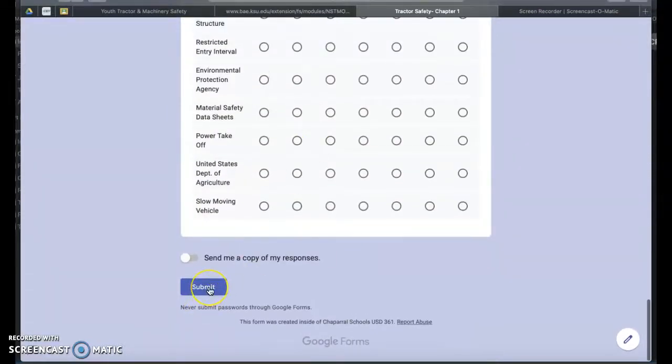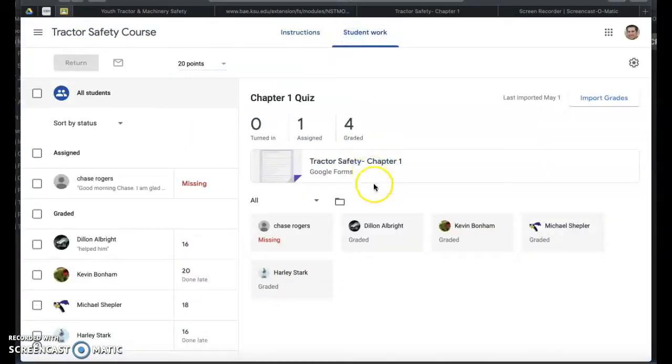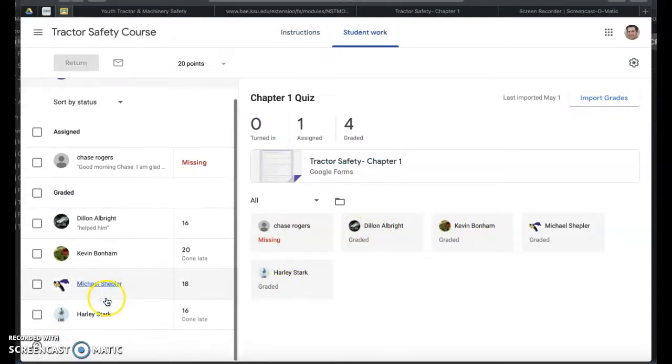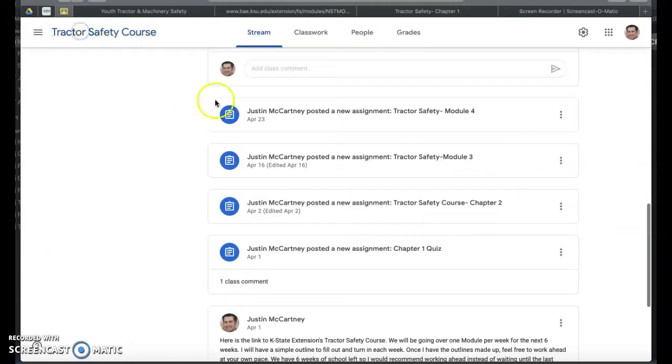At the end they can click submit and turn it in, and then go back, and this is where I can see where they have done or not done and how they've done on them. 16 out of 20, 20 out of 20. I'll go back here to